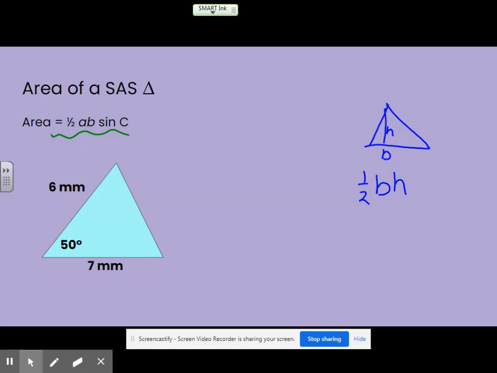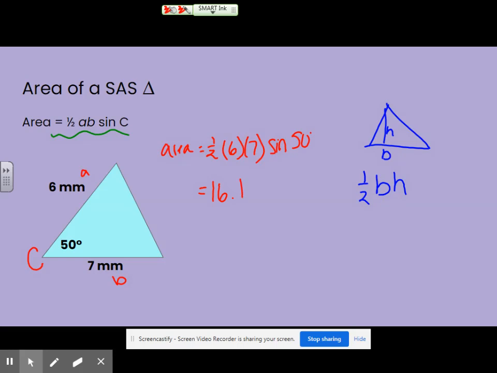I have a nice triangle here. I'm going to label it just so I can remember which each of my pieces are. I know that capital C, especially if I'm taking a sine of it, is definitely going to be an angle. It doesn't matter which of my sides I name as A and B, because they're being multiplied, and multiplication is commutative. From here, I can throw it in and say, okay, the area is 1/2 times our first side length times our second side length times the sine of our given angle. And when we multiply this all out, we're going to get